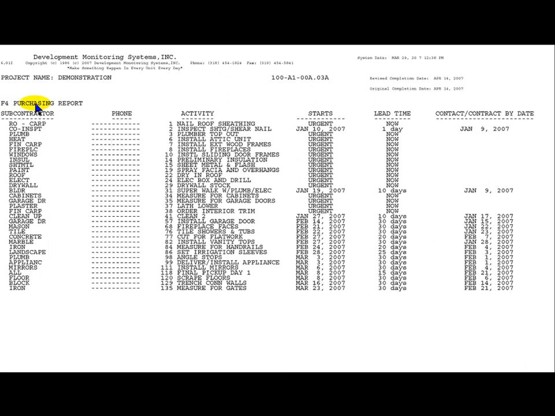Builders' purchasing agents need to know when each subcontractor is expected to begin work so that they can have contracts in place prior to the subs starting work. The purchasing schedule shows the date when the first activity of each sub's scope of work is scheduled to start. In order to meet that date, of course, a certain amount of lead time must be built in